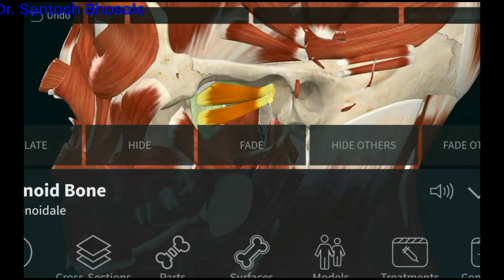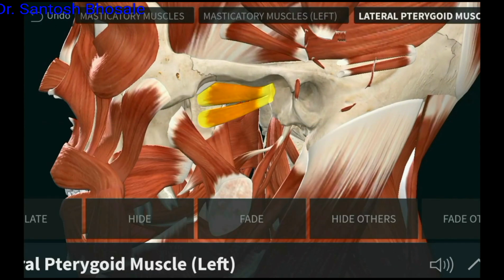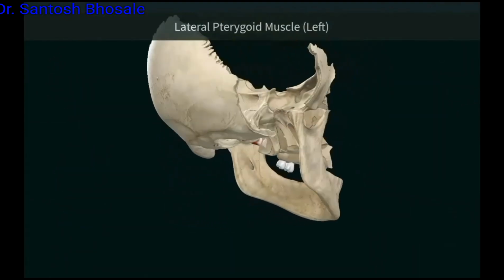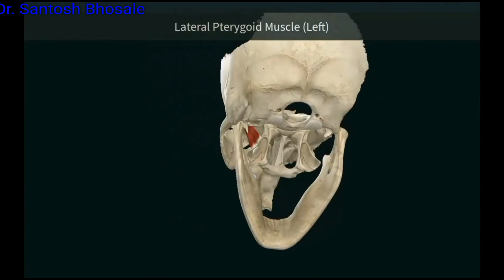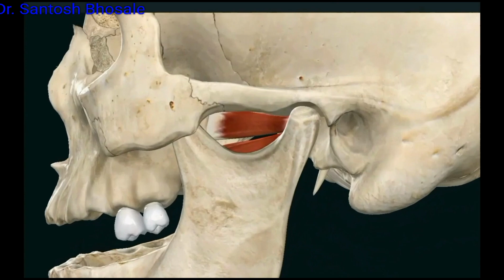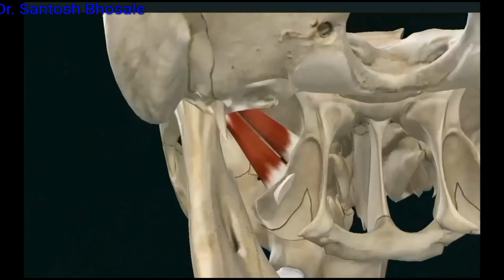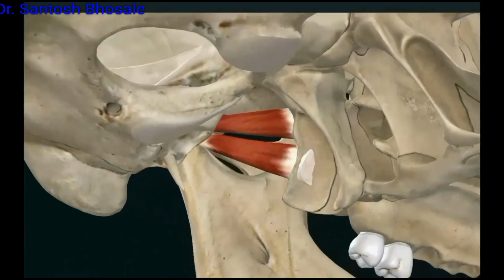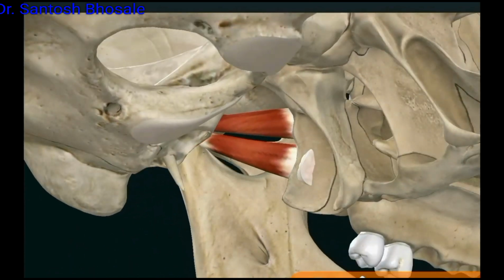There's the lateral pterygoid plate, the green thing. Now you can see this yellow colored structure highlighted, the lateral pterygoid muscle, a key muscle of this region, surrounded by the pterygoid venous plexuses. You can see it also has two heads, upper head and lower head. The upper head comes from the sphenoid, the roof, which we call the infratemporal surface of the greater wing of the sphenoid, whereas the lower head comes from the lateral surface of the lateral pterygoid plate.